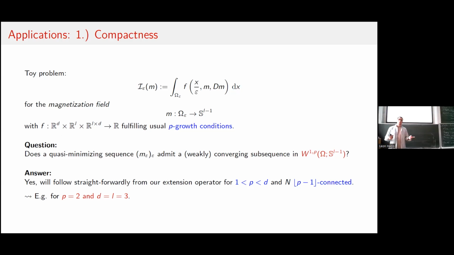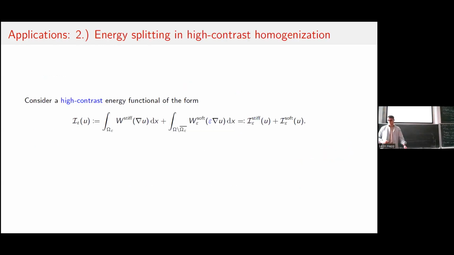Okay, I have to confess at this point that similar results can also be obtained if you use the already existing extension operator and combine it with a nice two-scale argument. But with our operator, it's really straightforward to see that you will get a limit function, which maybe I didn't stress enough, takes values only in your target manifold again. Because of course, if you want to use the limit model, you want to preserve the target manifold constraint.